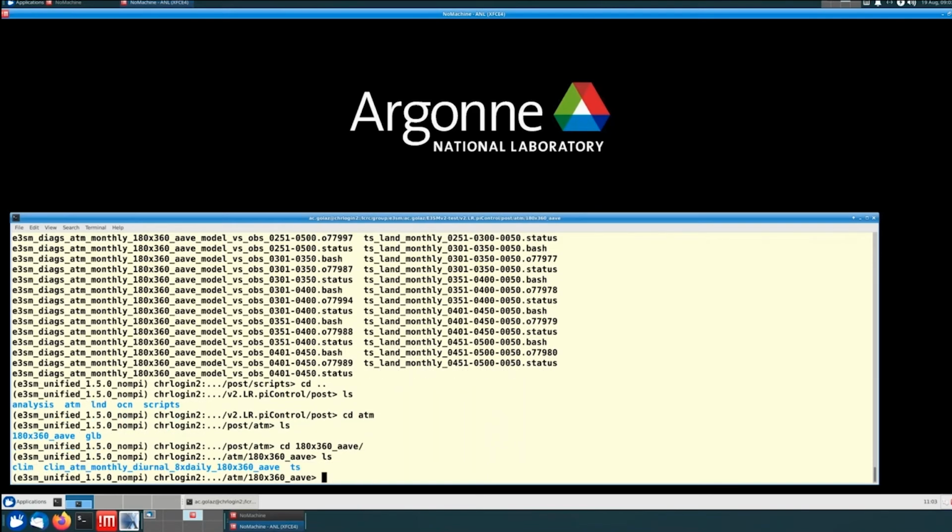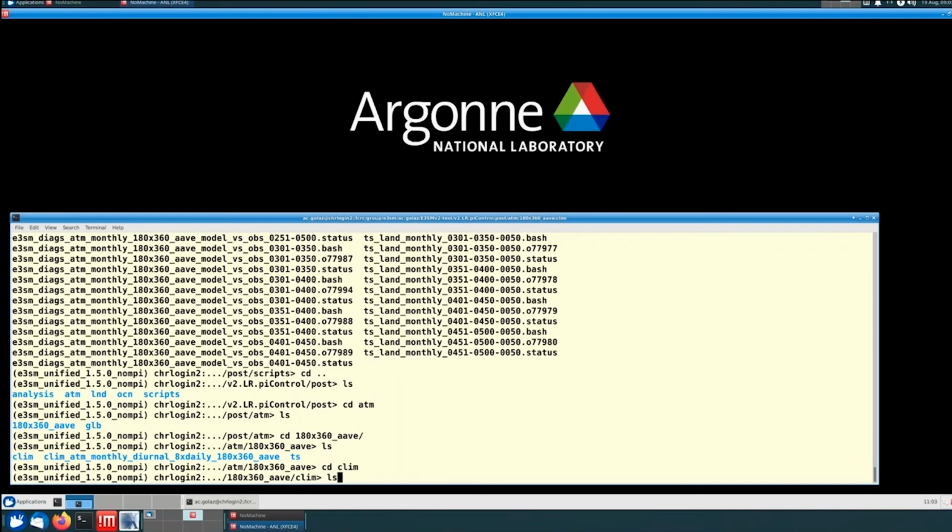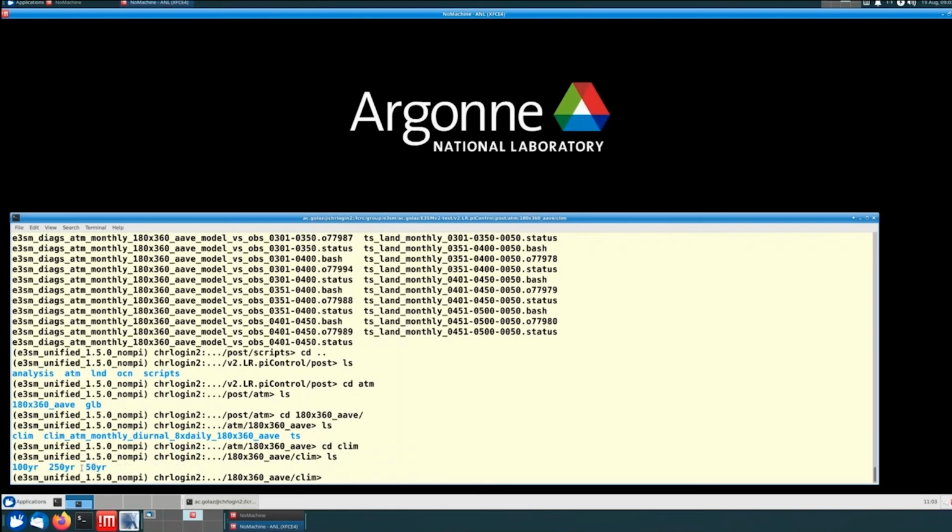The regridded 1 degree. In there we have climatologies, monthly diurnal climatologies, and time series. On the climatology, we have them by year set. So we had specified 3 frequencies: 50 year, 100 year, 250 years. So all the climatologies are in there. And then under time series,